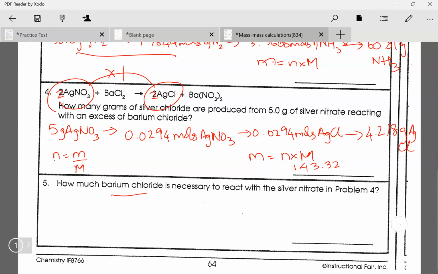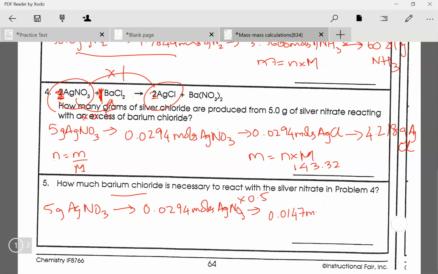And again, same question, how much barium chloride? So the first step is the same. I do mass of AgNO3 divided by molar mass of AgNO3 to give moles of AgNO3. Here I do have to do a conversion because 2 moles of AgNO3 reacts with 1 mole of barium chloride. So this conversion is times a half, or times 0.5. So I also have to multiply this number by 0.5, which gives 0.0147 moles